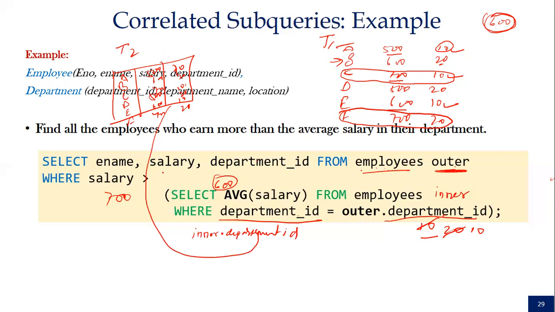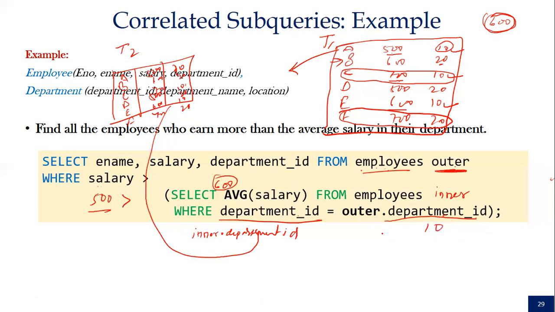Yes, sir. Now I am running this query. First you have to fetch one row from this table. Select that first row. In that case, what is the salary? We write 500 for the first row. Now we have to check what value is returned by the subquery. For the 500 row, what is the department ID, T1 dot department ID? The value for this row is 10. So now in the subquery we compute for 10.